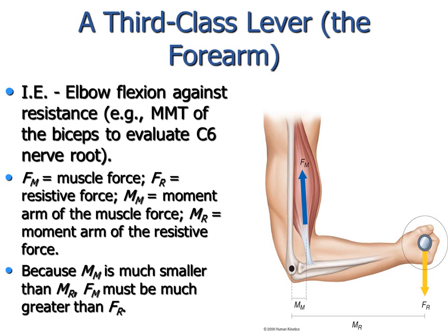Now, if you raise your arm to a position of 90 degrees of elbow flexion, and if you palpate the bicep tendon where it comes down into the radial tuberosity, and just sort of place your fingertip on the bicep tendon at the radial tuberosity and place your thumb on the olecranon process of the humerus bone, and if you look at that distance, that is the moment arm through which,